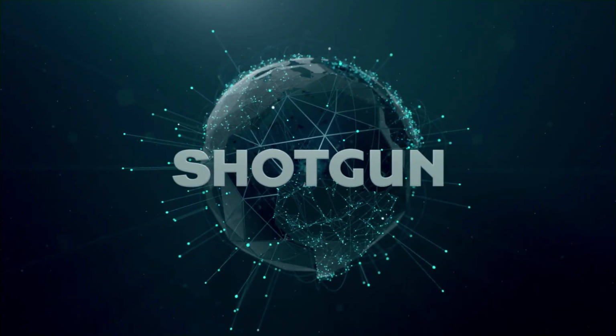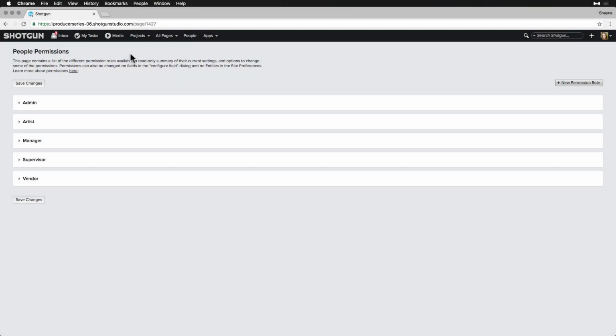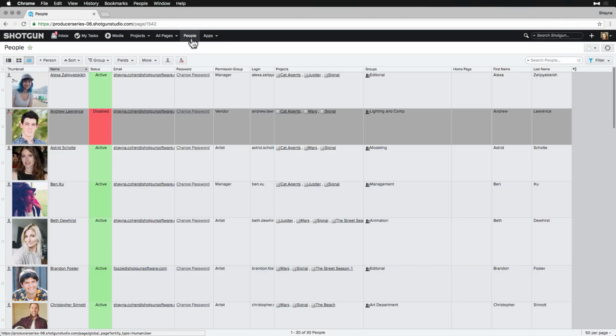Crew planning will help us visualize which projects each person is working on, when an individual runs out of work, and vacations. This will help us identify gaps in the schedule and cast projects without having real hired people in Shotgun. In many cases, placeholders will help create scenarios for casting crew to our Signal project without having to commit or pay for those users that aren't hired yet.